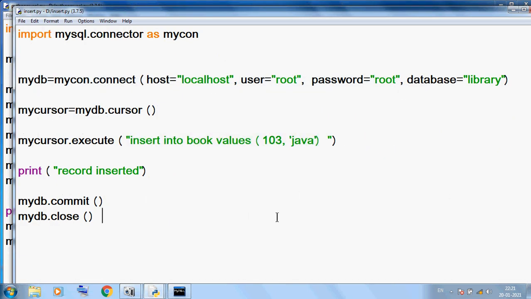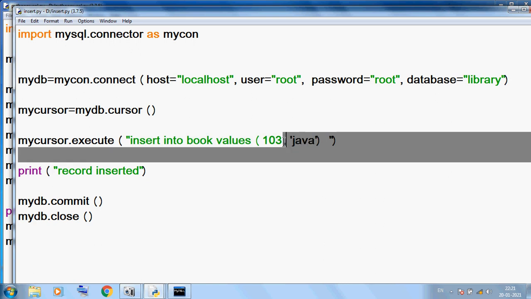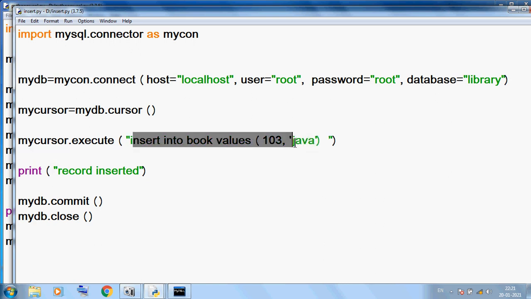Okay students, suppose I want to update the record, so simply we can change. Here I am using our update command structure. I want to remove this line. For updation, we can use update, and the table name is book. Here I am using set bname is equal to, suppose, C++.